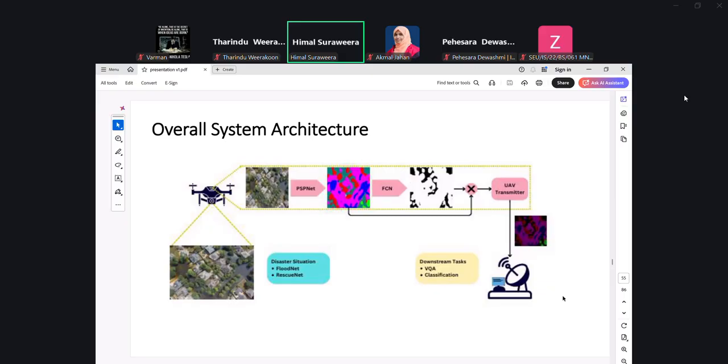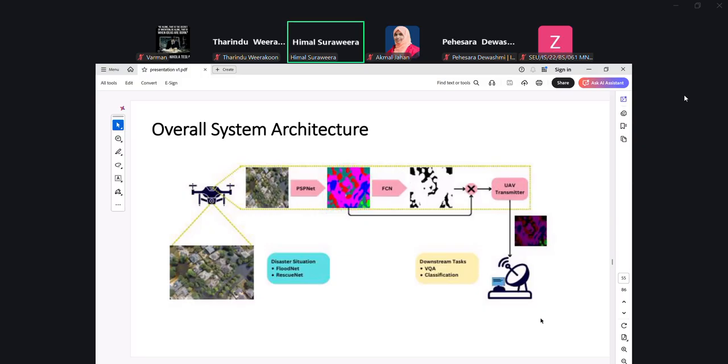That is called classification. And then to answer questions like how many buildings are in these images, whether this is a flooded area or a perfectly good area, that is based on visual question answering, or VQA.